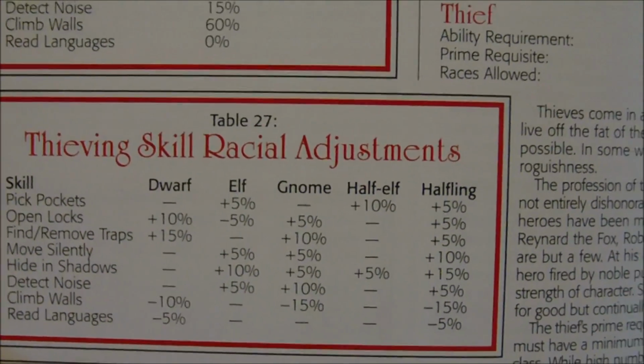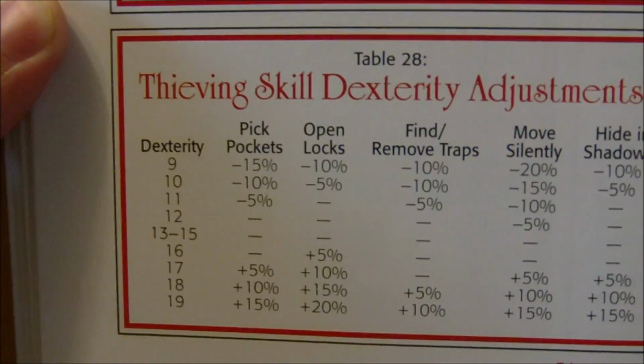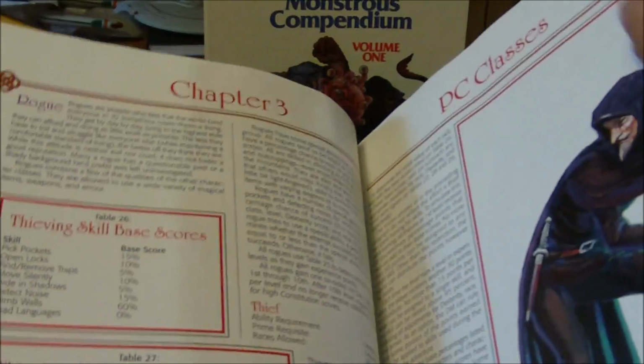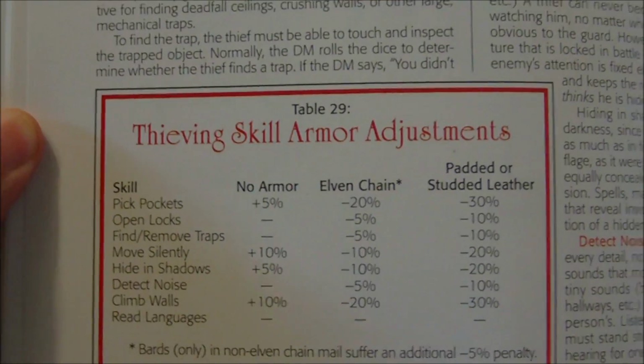so whatever race they were had different bonuses and penalties to the different thieving skills, as well as your dexterity. So higher dexterity may make certain things easier. You would also have differences in your skills based off of what type of armor you're wearing. They also had the ability to backstab as well, so they were sort of like a secondary fighting